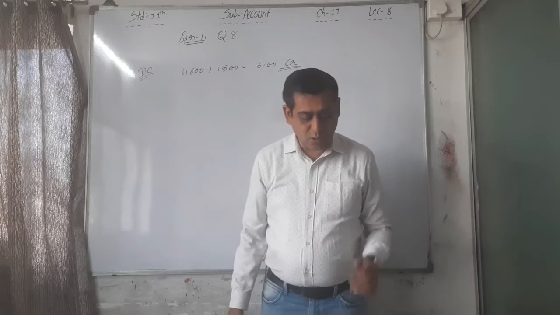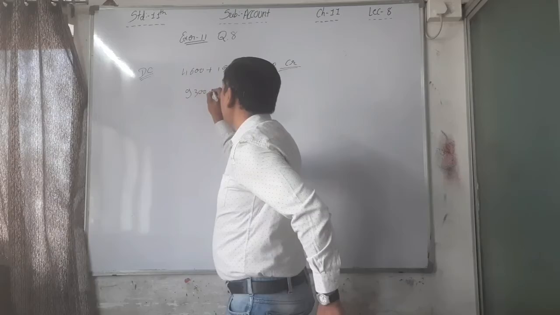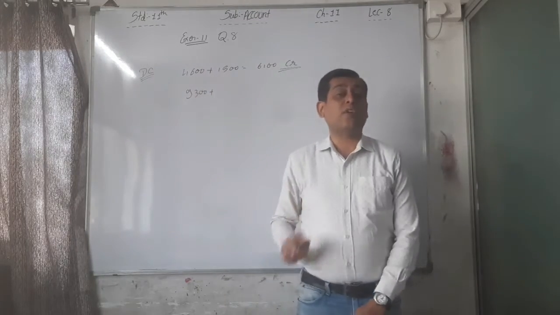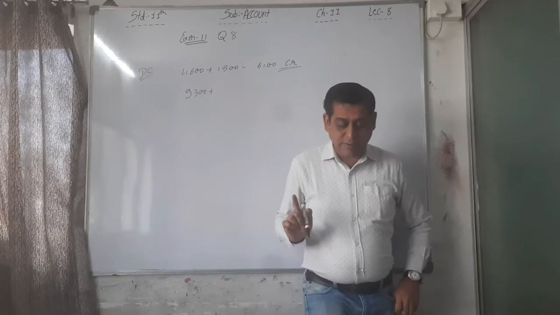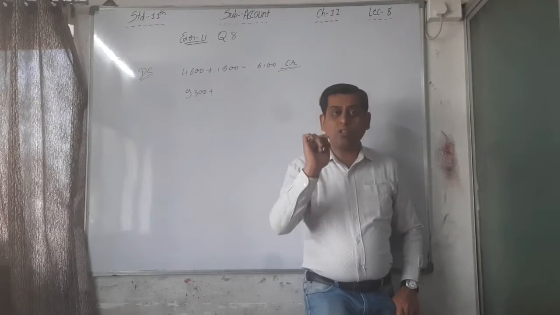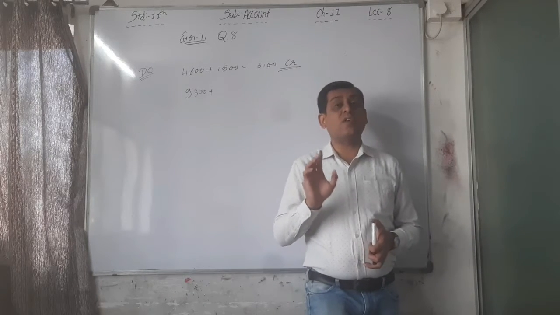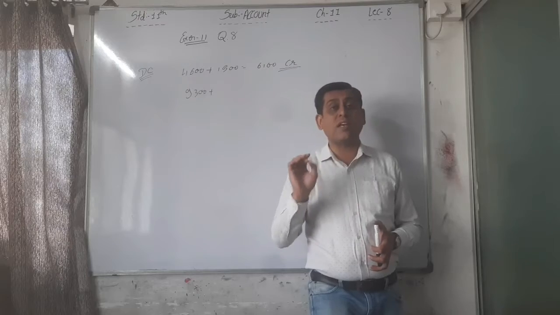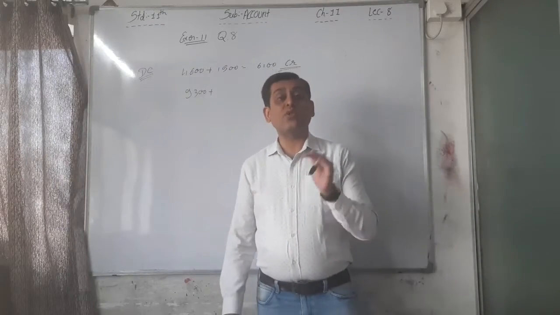The amount is 8200, ignore. Now 9300, not recorded till 31st December, that's why it is recorded here in the BRS. 7100, recorded on 31st December. On the last day of the BRS, the last day of the month also, we have to consider that amount as recorded, so that is also ignored.